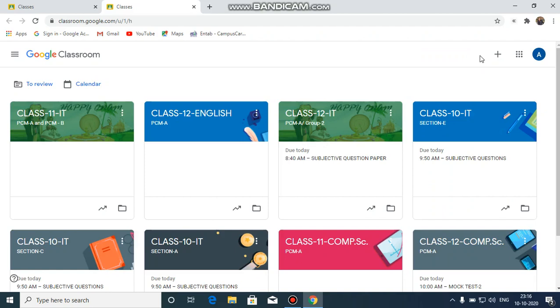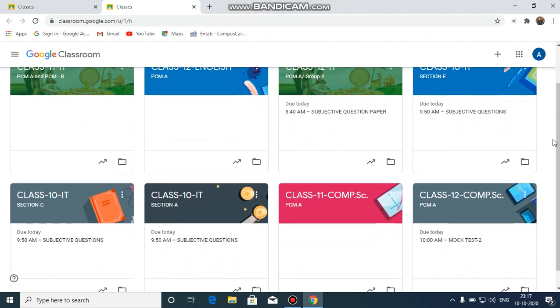As we all know, the half yearly examination has already started from 10th October, and we are here to know the steps to be followed for copy correction with the help of a laptop or PC. For that, first we will go to the Google browser and type Google Classroom. Then we will select the desired class.